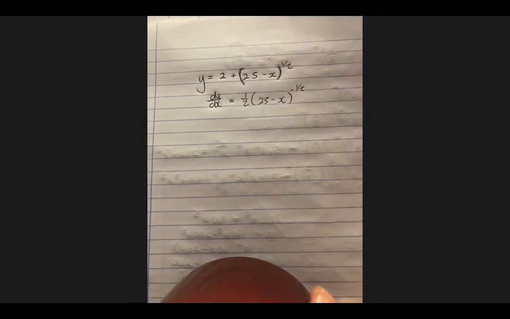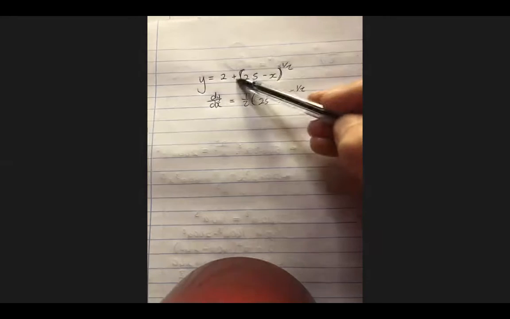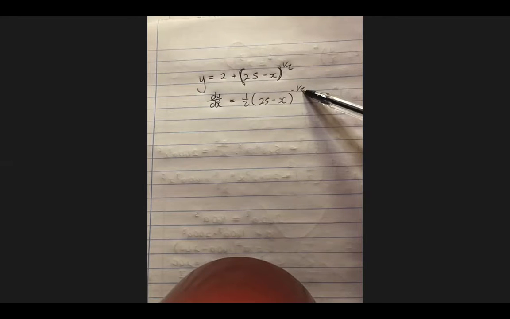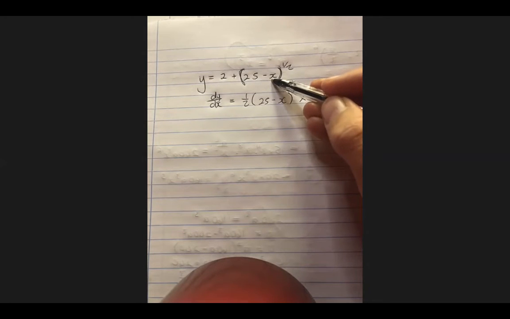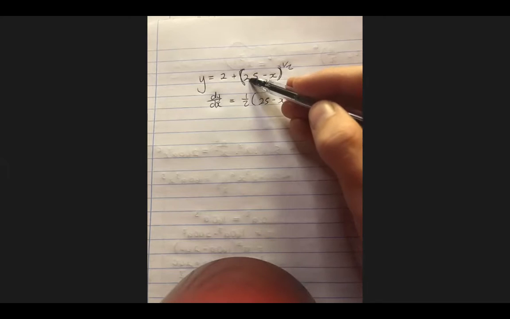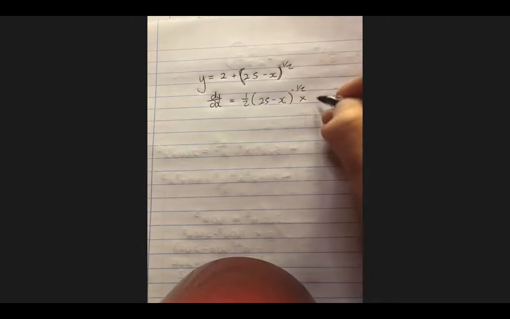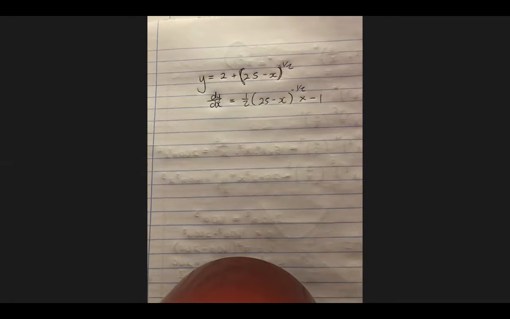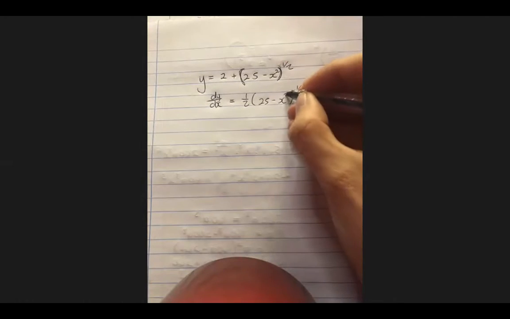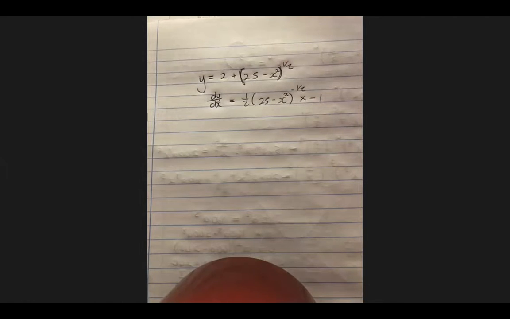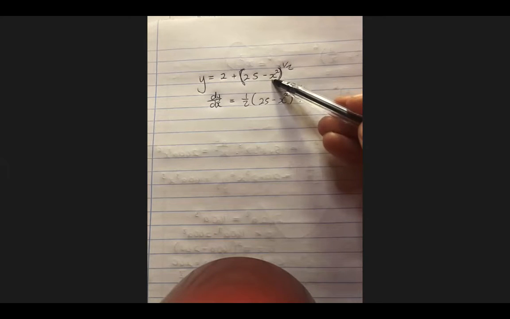So times the power to the front, subtract 1. Fantastic. But then you also have to times by the derivative of the inside. So if you derive the 25, it's going to be gone. If you derive negative x, it's just going to be -1. That's it. Let me just make sure I've got the right curve here. Ooh, you see, I copied incorrectly. There's an x squared. Very sneaky. X squared. So now if I derive the inside, it's actually going to be